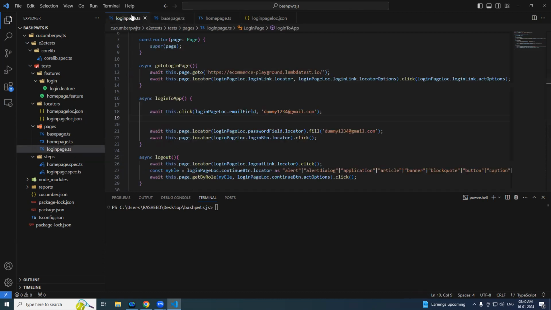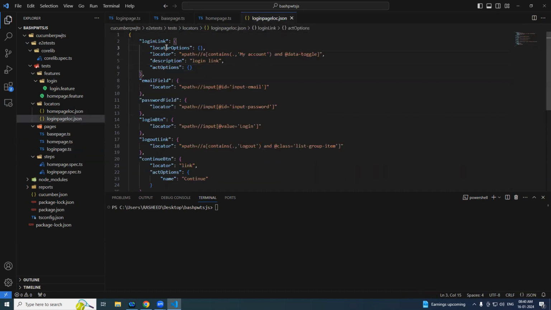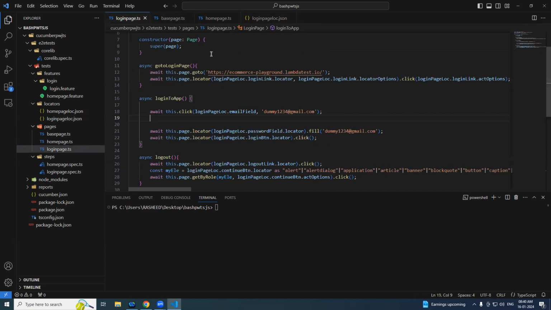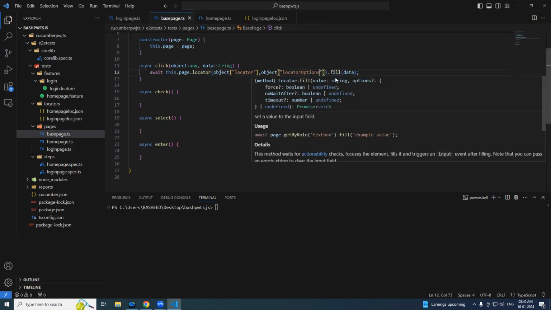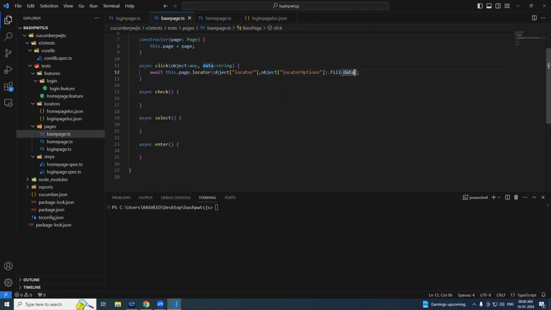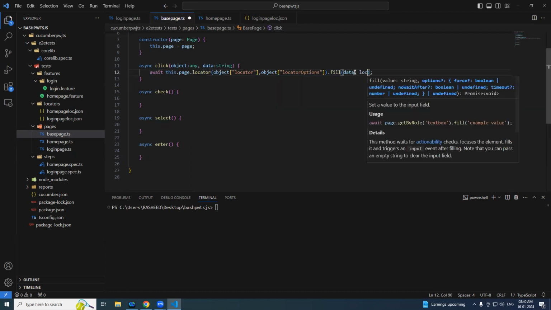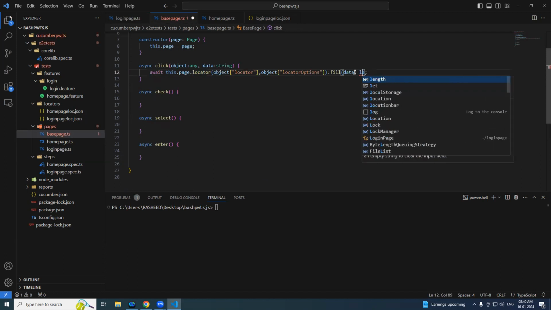This locator, we have to change it to what? Locator options. We have to change it to locator options. Done. In the fill method also, the user may pass additional options. Yes. So that we have already written in terms of locator or else